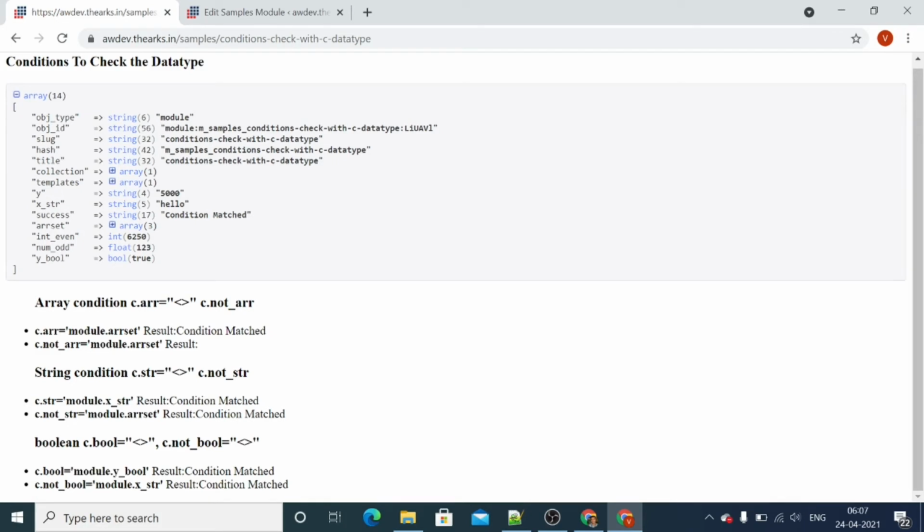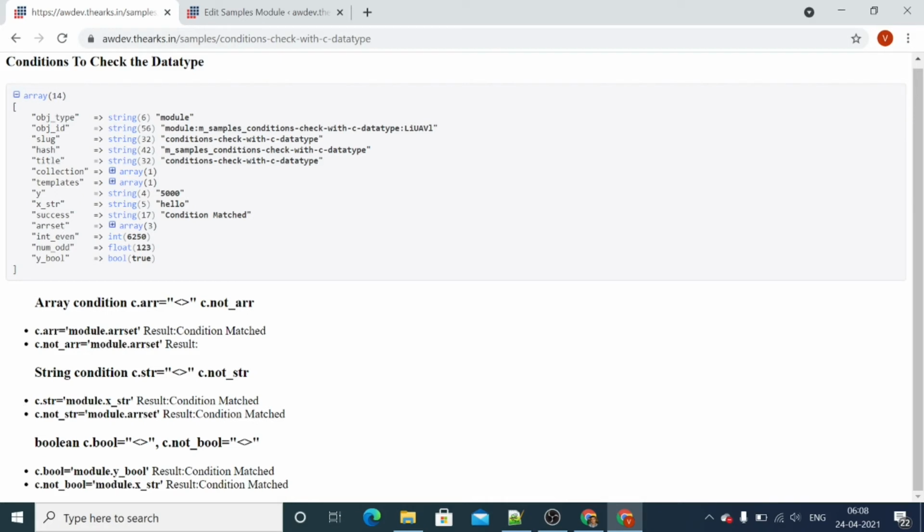This is a variable of type boolean, and we are checking if this variable is of type boolean, then we get the result, that is, condition match. And c.notbool checks whether the variable is not of type boolean.